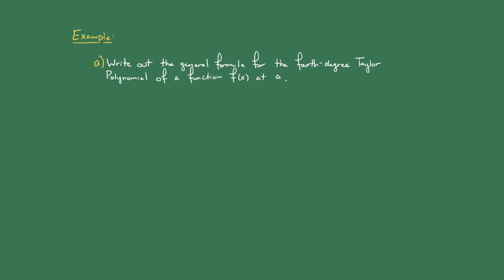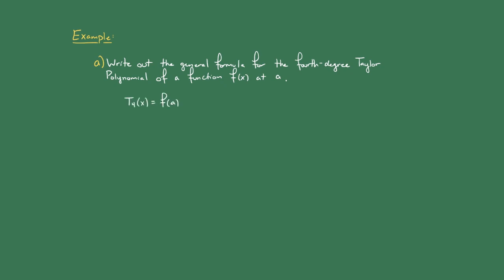Let's try a slightly different example. First, let's write out a general formula for the fourth degree Taylor polynomial of a function f of x at a. This problem isn't meant to be tricky. We can just write down the first 5 terms of the Taylor series to get